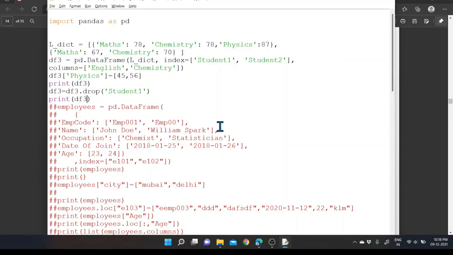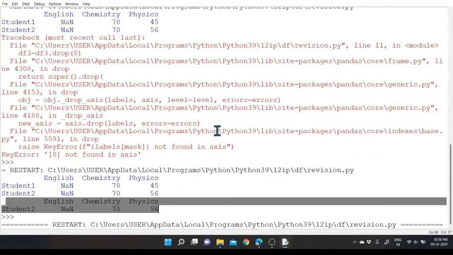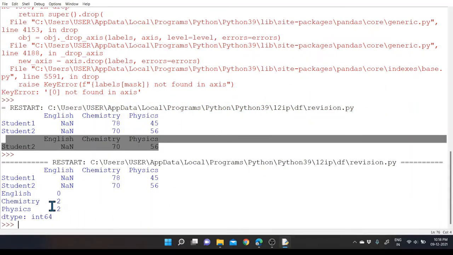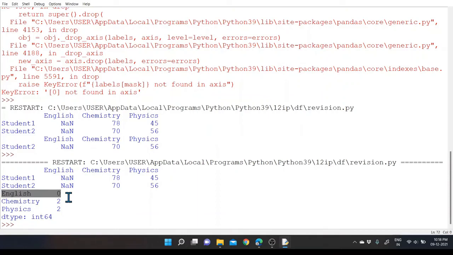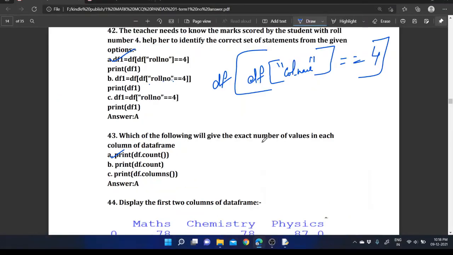Within the data frame, if you didn't delete this particular data, it will be the count over there, df dot count function. We are executing it, and then here you can see the count of each column displayed there. Count based on each column, extracting the number of values in each column of the data frame.